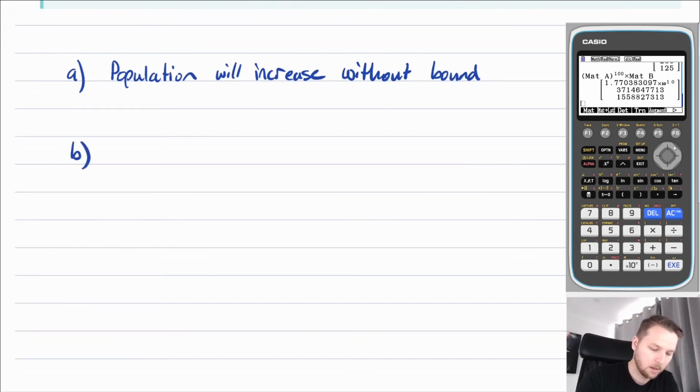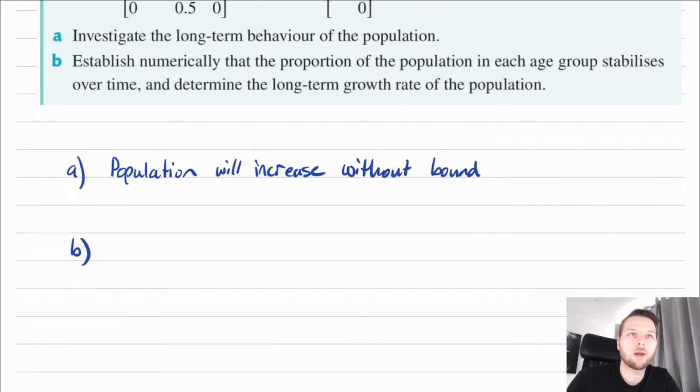Alright, now part B. Establish numerically what the proportion of the population in each age group stabilizes to over time and determine the long-term growth rate of the population. Alright, now this matrix A to the power of 100 is too big to work with. Let's make it smaller. Let's put our brackets in, matrix A. Let's go to the power of 25. P25 equals